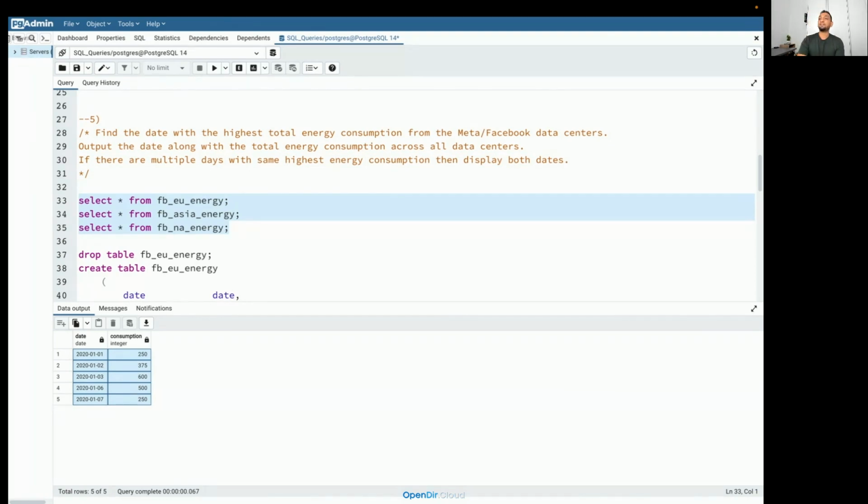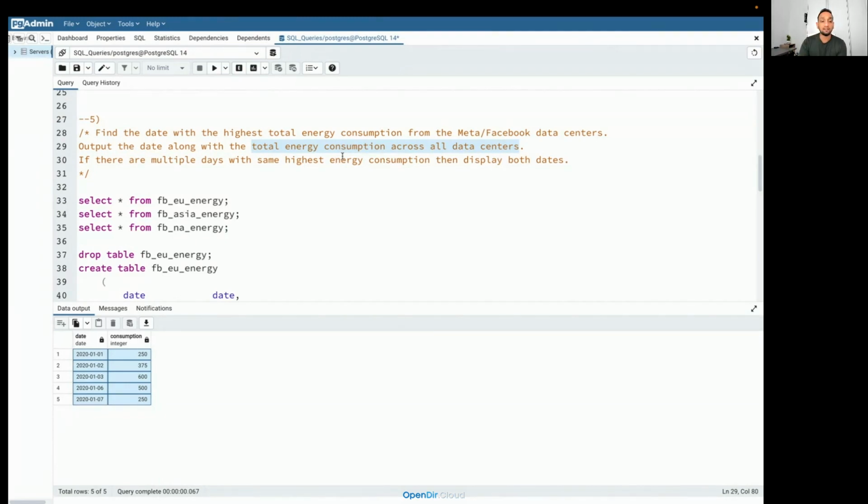Right. Okay. So Suraya's explanation is almost right there. The reason is because of the statement that is given in the question here. They are telling output the date along with the total energy consumption across all data centers. So what they're telling is we need to find the day when there was the highest energy consumption, but when we are trying to find that, we need to consider the data across all the data centers.